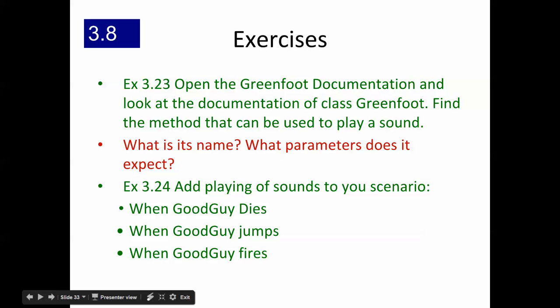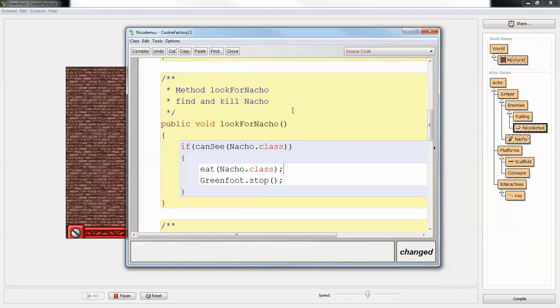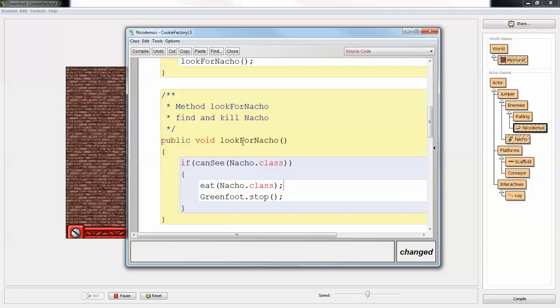Okay, so our good guy dies inside of the bad guy. The bad guy does it, so we have to go to the bad guy, and we have to find where it happens. So look for Nacho. Right now, it's Greenfoot.stop. So if we were to put some code here, it would never happen because the game would stop before it ever got to that code. So we're going to put it right here. We're going to hit enter, and we're going to type in